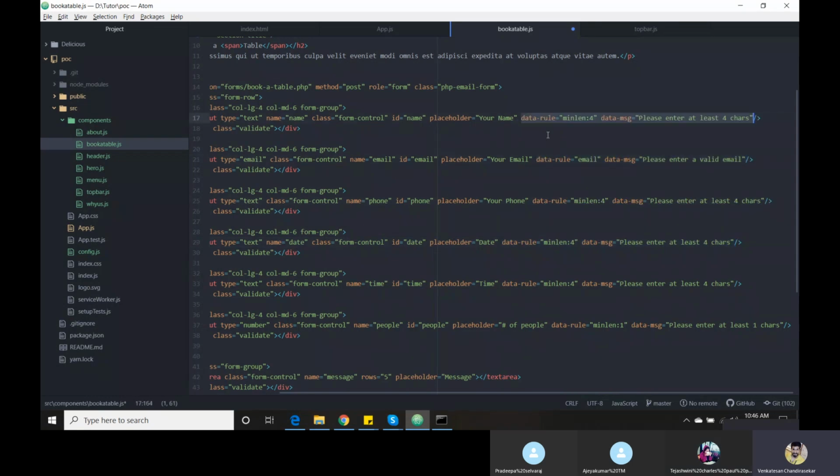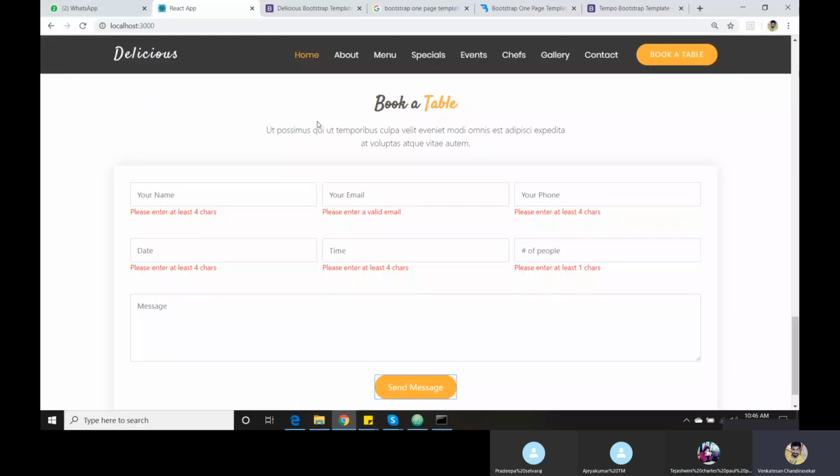Okay, there are many packages available for validating a particular form. They have used data rule, which is a jQuery plugin. Suppose I need to use a calendar in my project. I don't want to write all the code for the calendar.